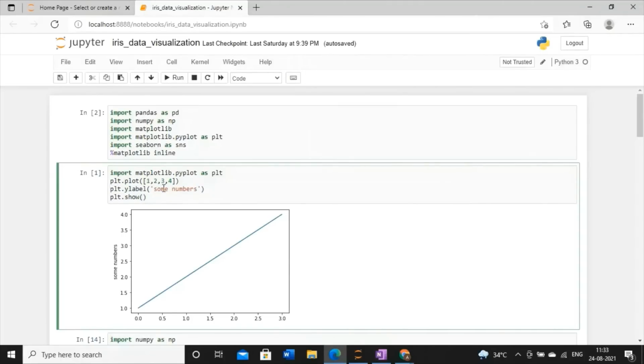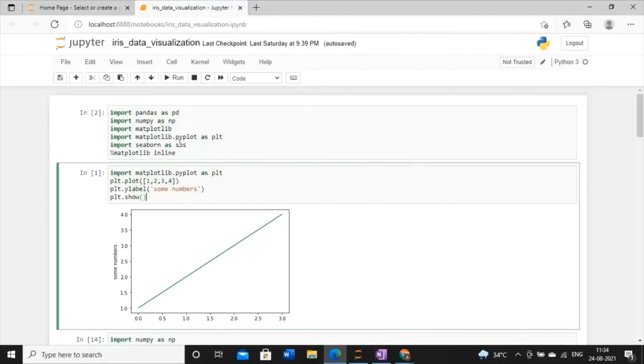Now you have to remember one point: whenever you are using matplotlib.pyplot, there will be some associated functions that you can use. The first one is the plot function and the second one is the ylabel function. Also, in place of ylabel, you can use xlabel. Whenever you write ylabel with some text, it shows that in the ylabel. Similarly, if you write plt.xlabel, you can display something in the xlabel. And then in order to show the outcome of the figure that you have drawn, you have to use the plt.show function. It's a very simple thing.